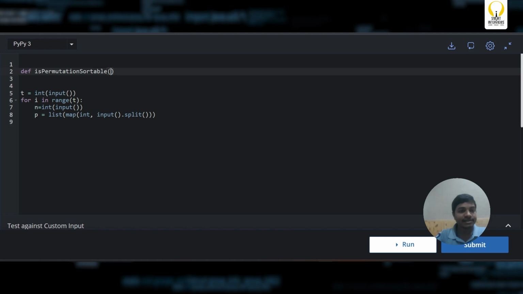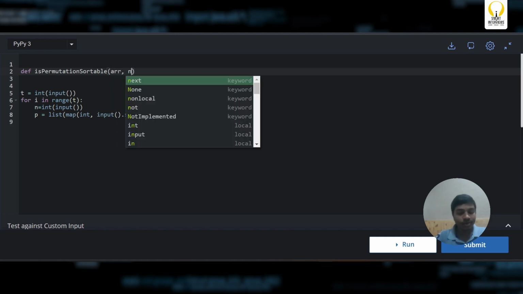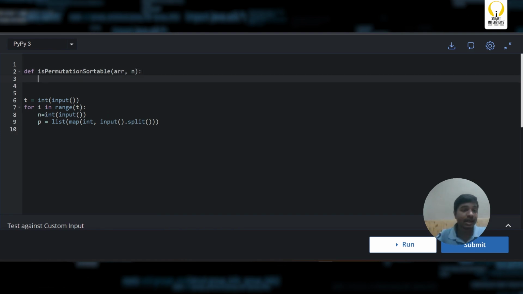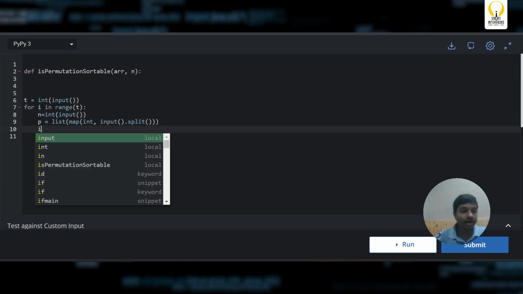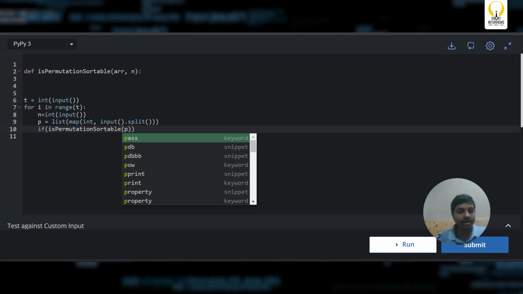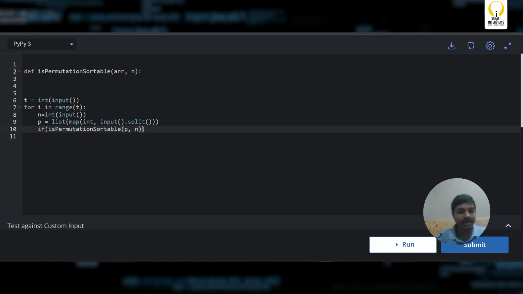Sortable, and let us say the parameters that I'm passing here are array p and the value n, and let us see if something else is required. We can just simply take it. I'm just simply calling this function, and let us just assume that the function is going to be a Boolean function which returns either true or else false. So if is permutation sortable, with the parameters array p as well as the size n, is true, I'm going to